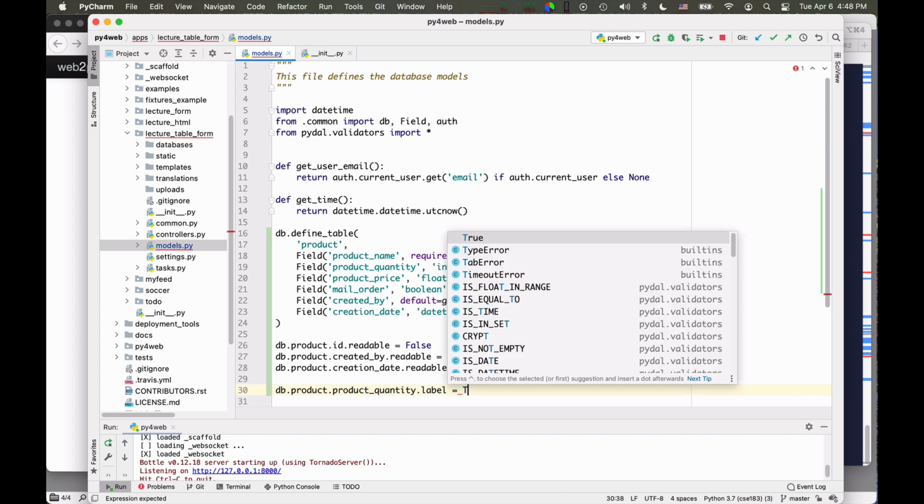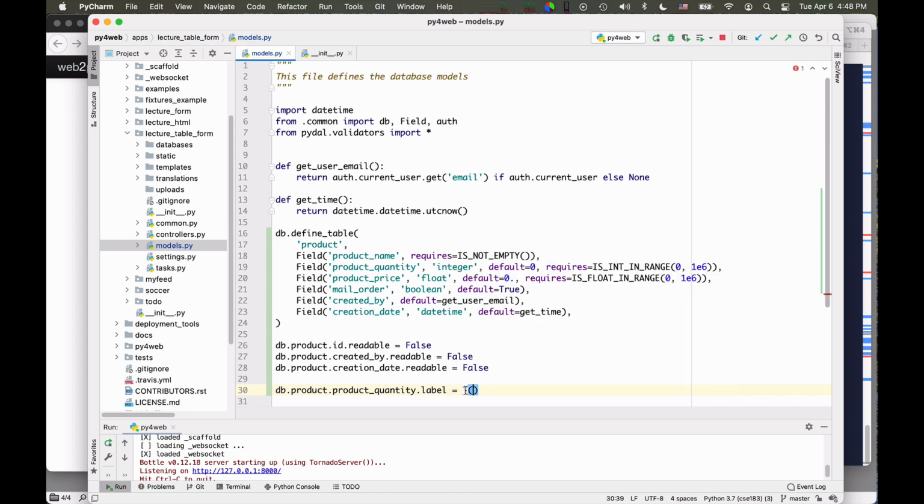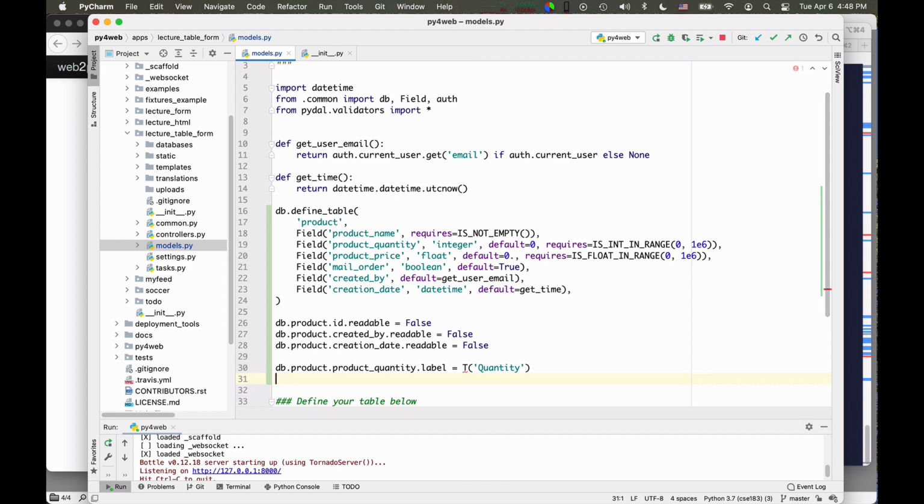If you use the T internationalization operator, you could even give a name that will be translated in whatever language your site will be running in. And so, for example, here we can say simply quantity, and we can similarly say db product price label, and we can call this simply the price, okay? Price, well, price.